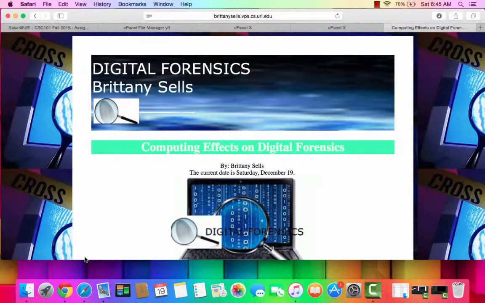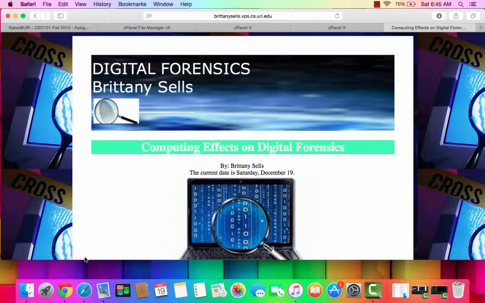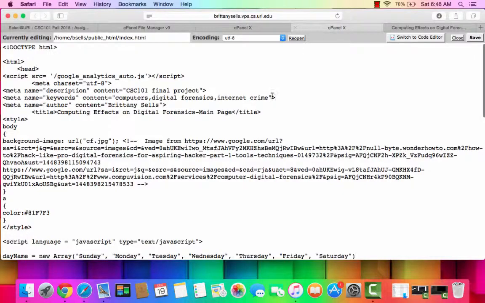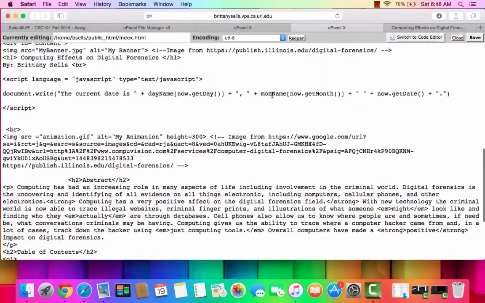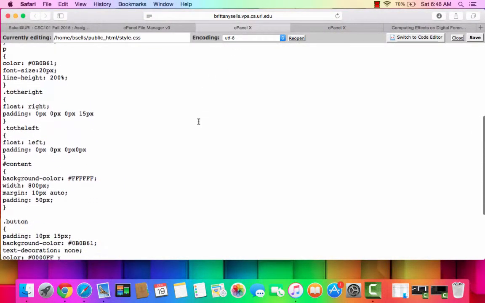My name is Brittany Sills, and my website is about the effects computers have had on the digital forensics world. I created this website using HTML and CSS coding. This is my HTML page for my home page, and this is the CSS style page for all of the